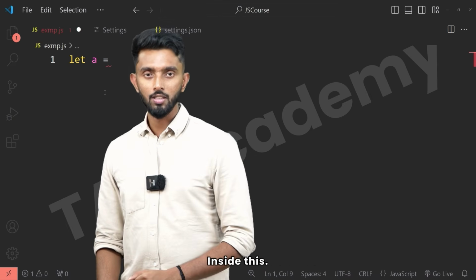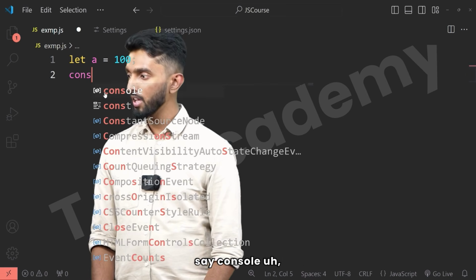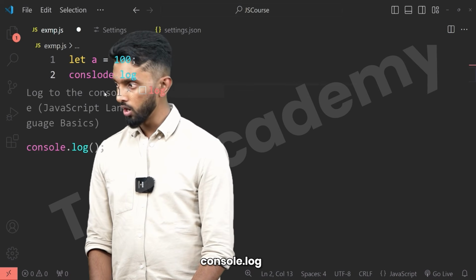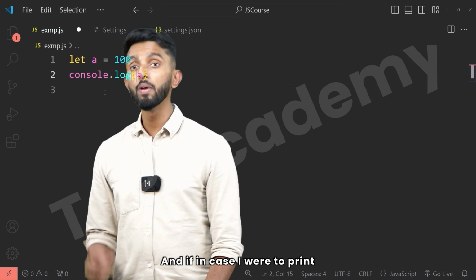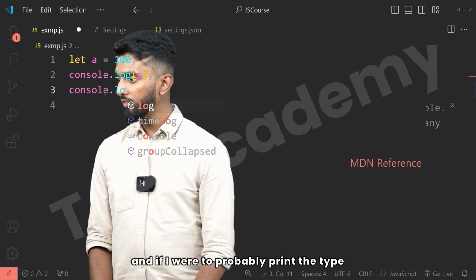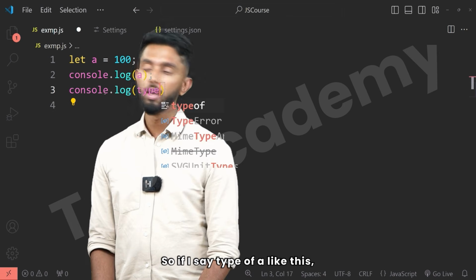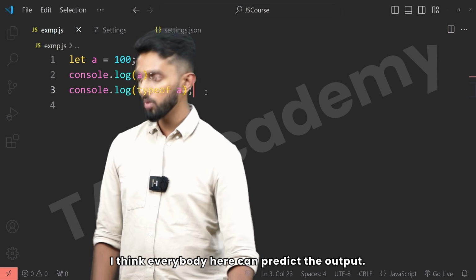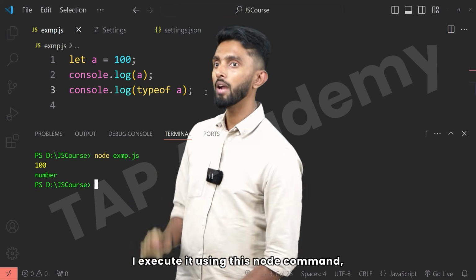Now inside this, obviously I store 100 like this, right? And if I next say console.log and print a, and in the next line say console.log and print the type of a, and you know there is an operator called typeof. So if I say typeof a like this, I think everybody here can predict the output. If I bring my terminal and execute it using this node command, you can see 100